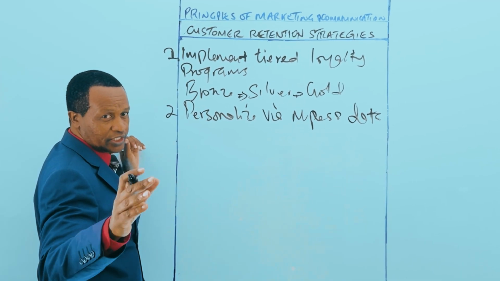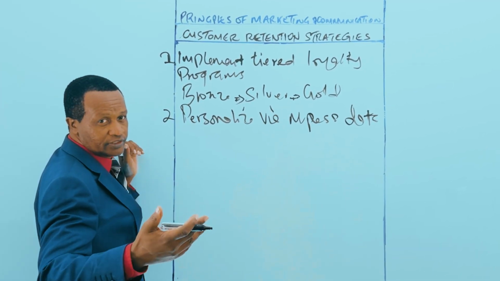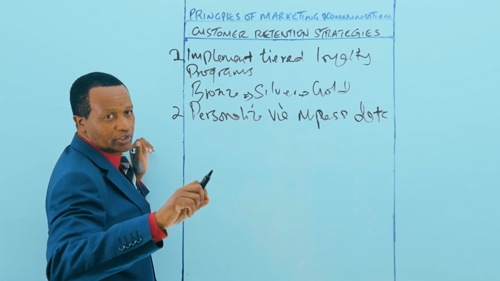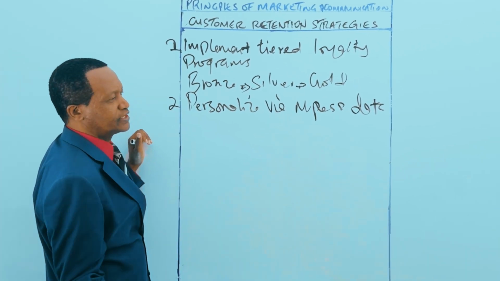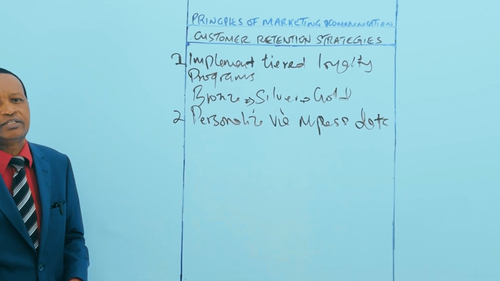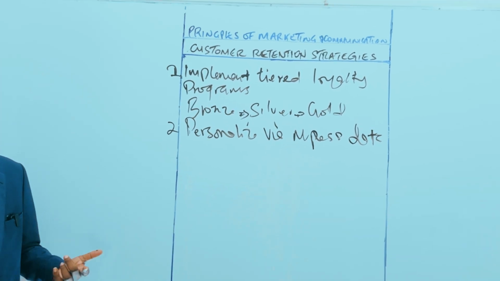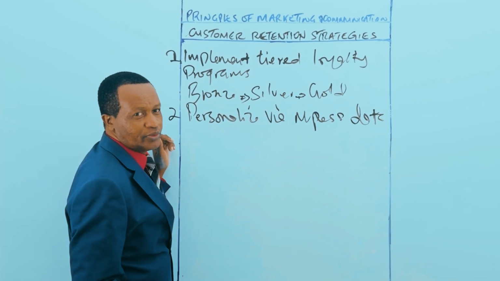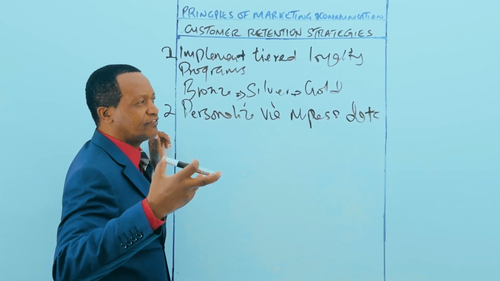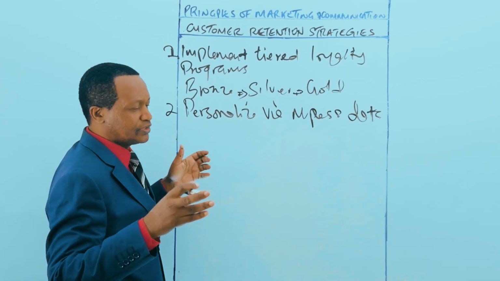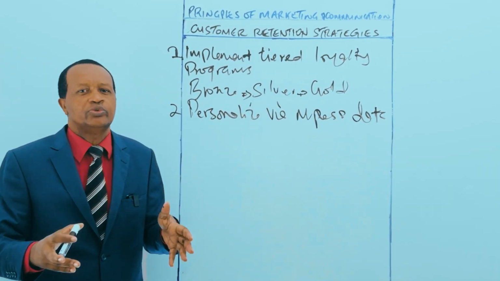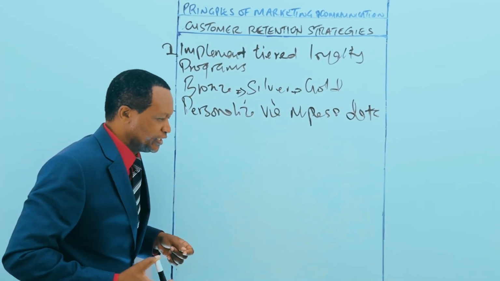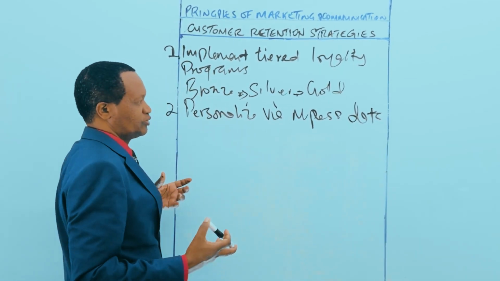You can use the data that you have, like the purchase history, their birthdays, their preferred locations, to tailor your offers. For example, you can send an automated SMS or even a WhatsApp message to Nkurunziza. You say, "Hi Nkurunziza, we noticed you usually refill your cooking gas around this time. Would you like a 5% discount if you order today?" You can send such a message to a customer.